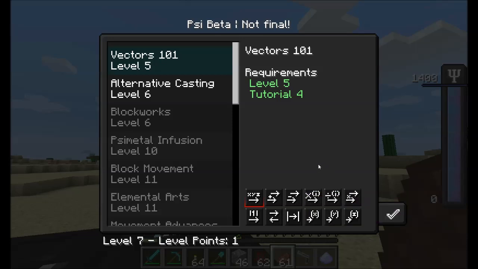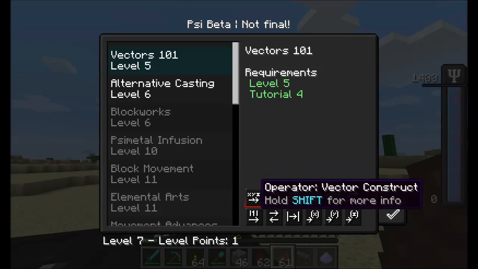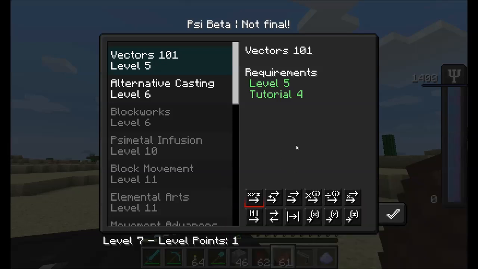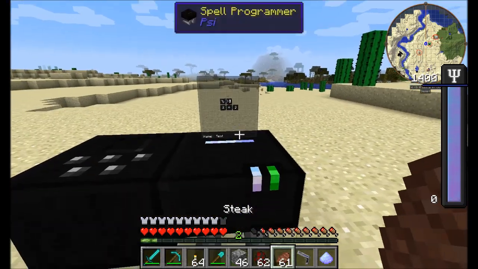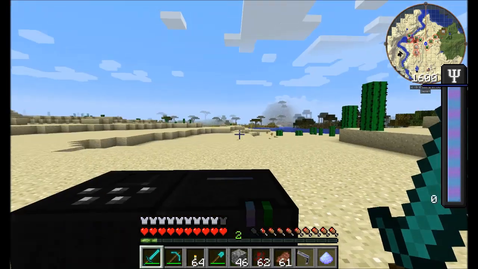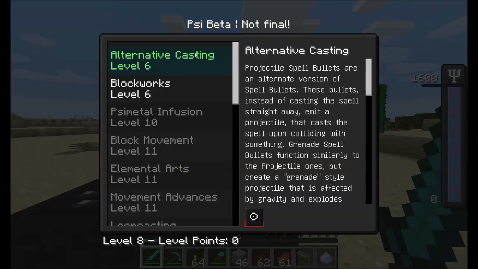However, knowing that you'll need to understand vectors a little bit, I wanted to focus on, like, here's what the mod can do and the cool stuff in it, and then, all right, I've got the basics down, show me some advanced stuff, Direwolf. That's going to be in part 3. So we'll skip vectors for now, but just for my own use, I'm going to go ahead and just get through this guy. All right, guys, I just got level 8,